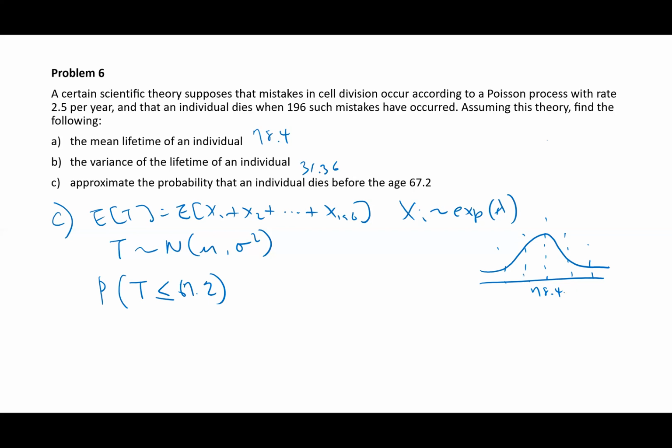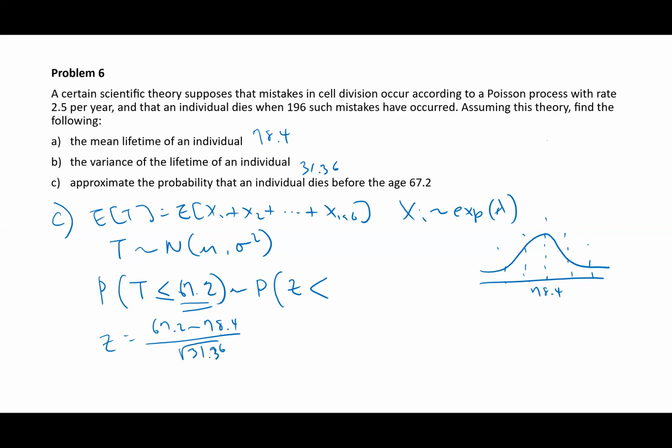So basically, when we're trying to find the probability of the lifetime being under 67.2 years, it's like asking, what's the probability of my z value being less than some value? So I got to transfer this 67.2 into a z value. So z is going to be 67.2 minus my mean 78.4 divided by my standard deviation, which is the square root of